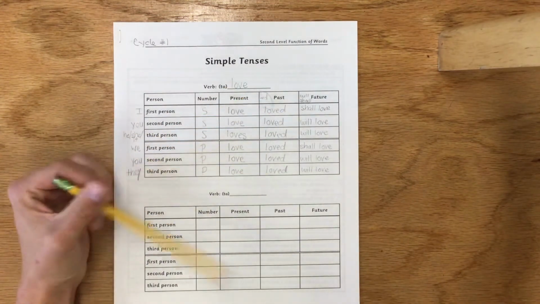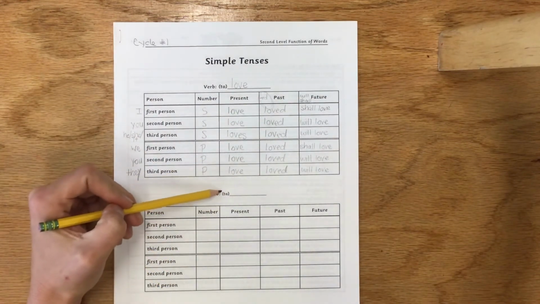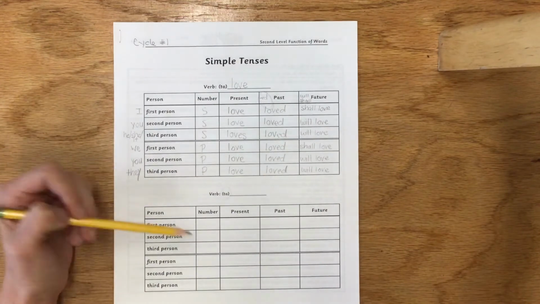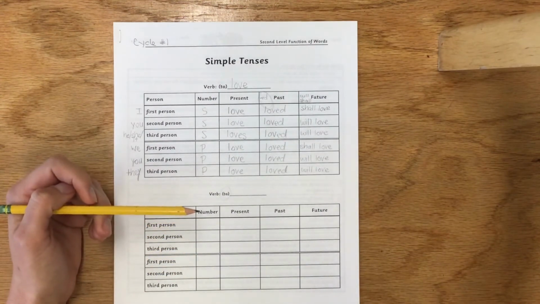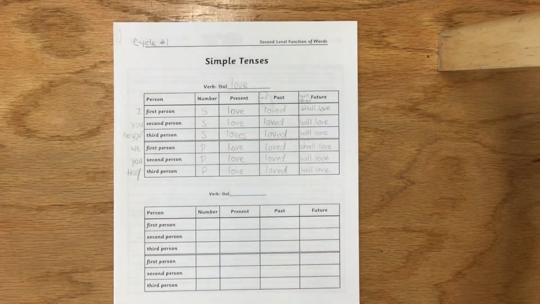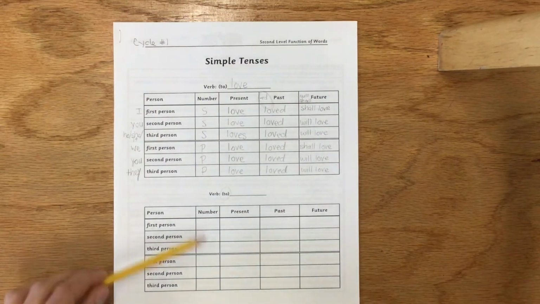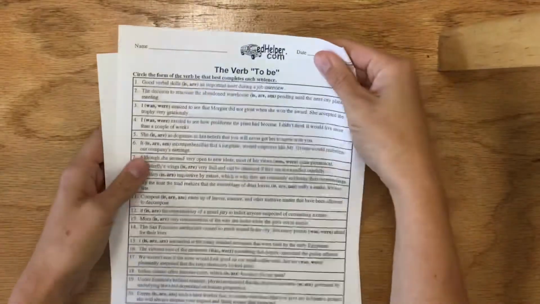Irregular verbs, they change. So for your verb, try to find a regular verb, and there's jump, swim, walk. There's a whole bunch of them. Kick, throw. Nope, throw would be irregular because past tense we wouldn't say throwed, we would say threw. All right, so that's how you can kind of tell. So you're going to do one more. Fill it out just like this. On the back side, you're going to practice with